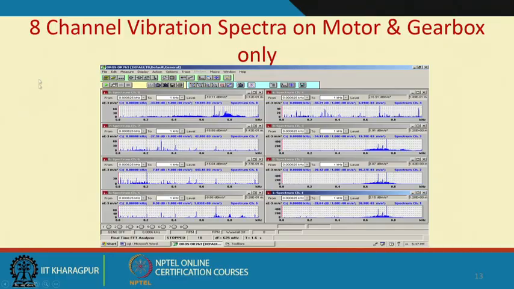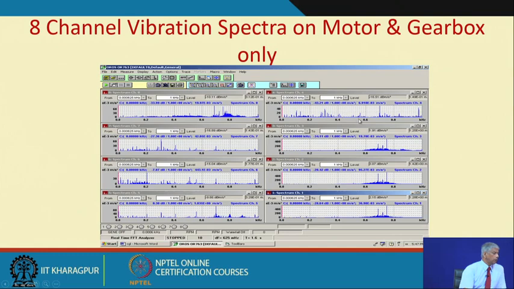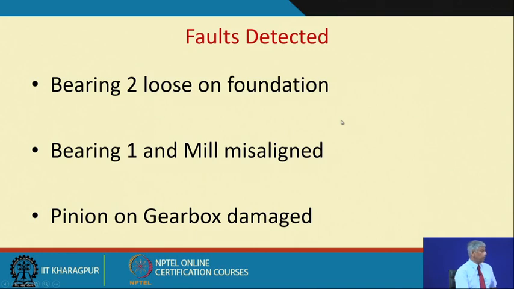Okay. And if you look at motor and gearbox analysis only, the signals are a little different. This kind of analysis helps us find out the faults in the system. Later on, of course, you will see how a bearing fault can be distinguished from a gear fault, but